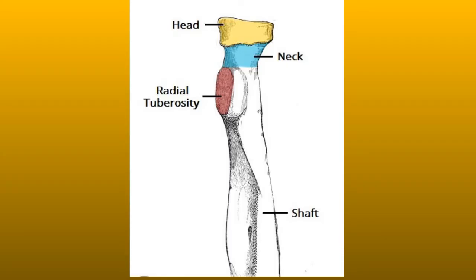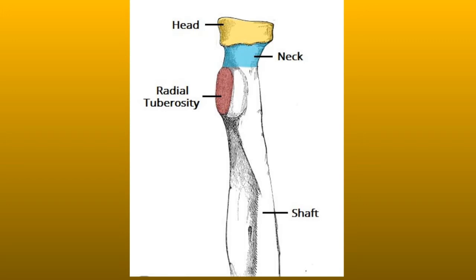Now next are the features of the radius bone. First of all, the upper end. The upper end first of all presents the head. The head is disc shaped and is covered with hyaline cartilage. Remember, in the radius bone the head is present at the upper end, while in the ulna the head is present at the lower end. The superior concave surface of the head of the radius articulates with the capitulum of the humerus bone at the elbow joint.